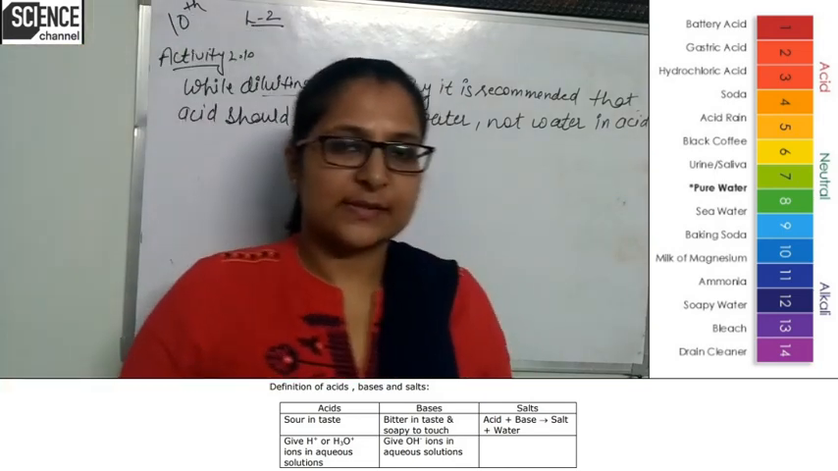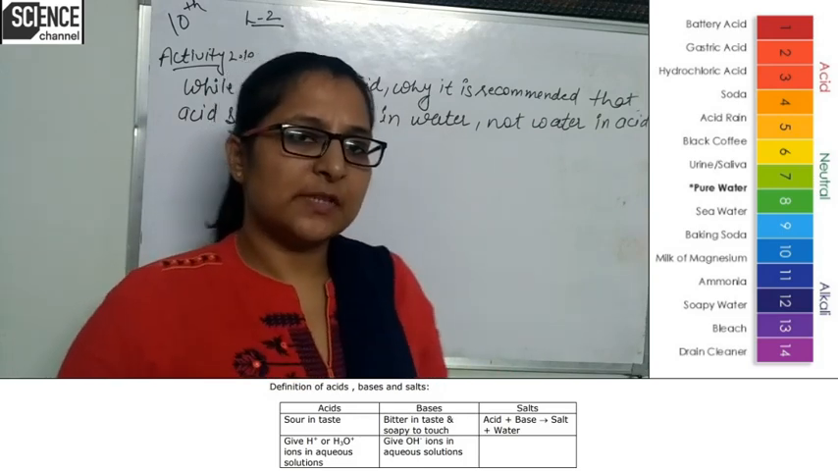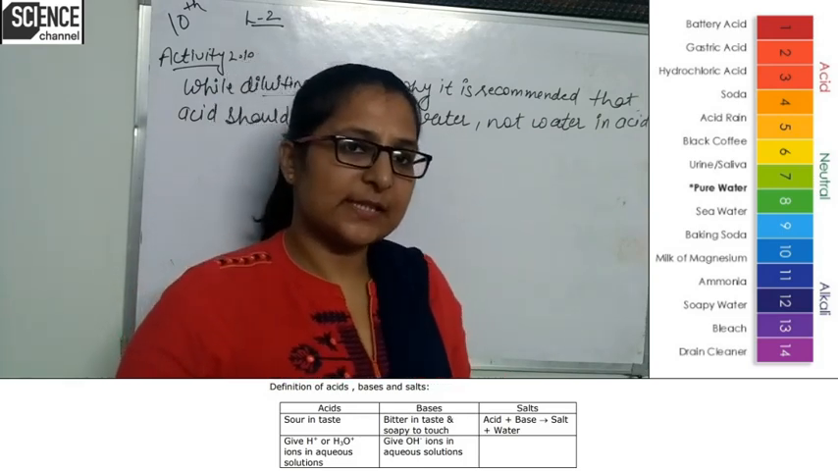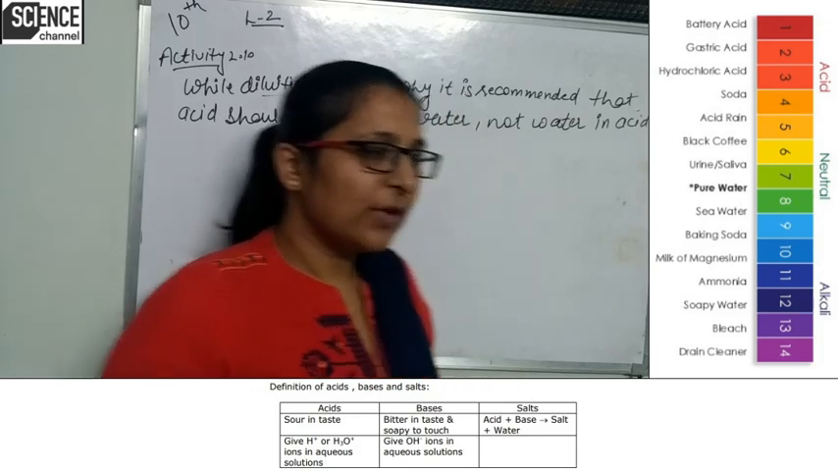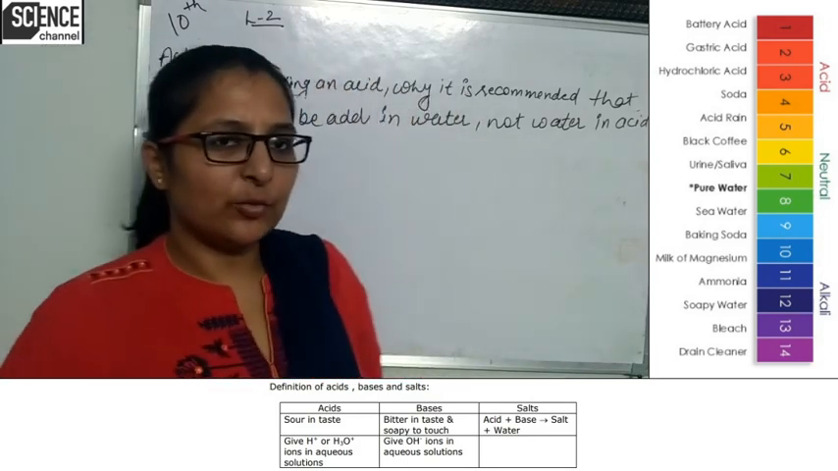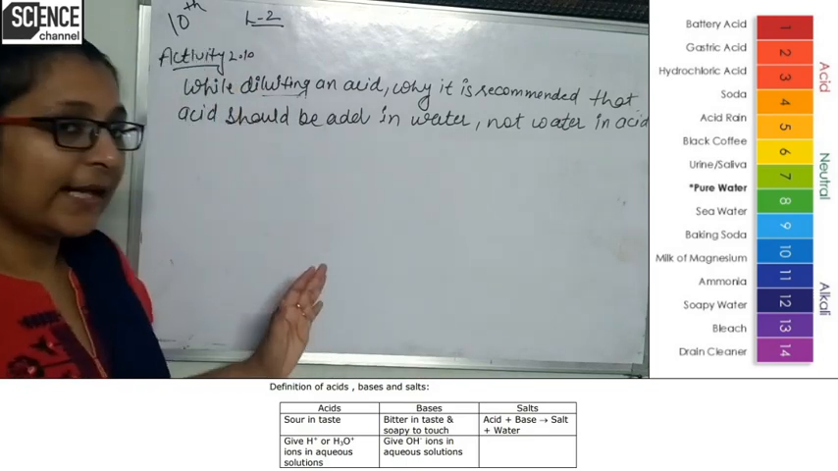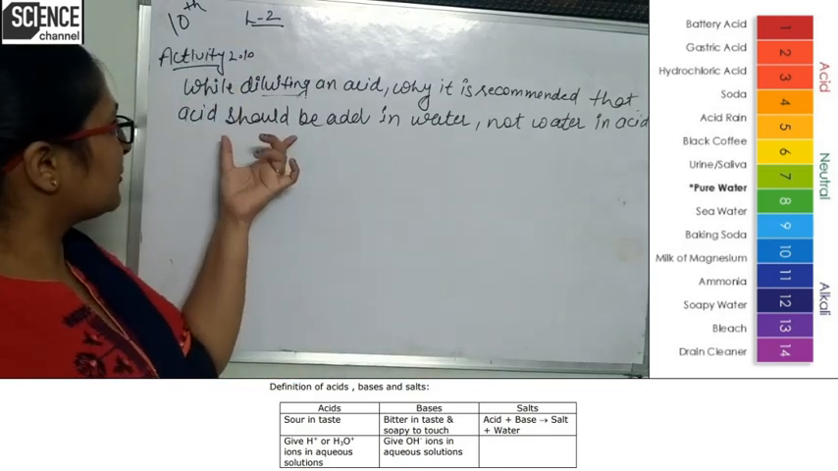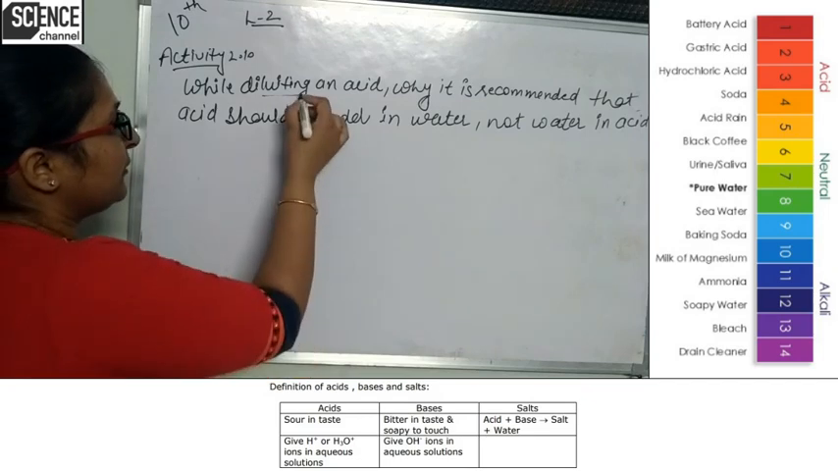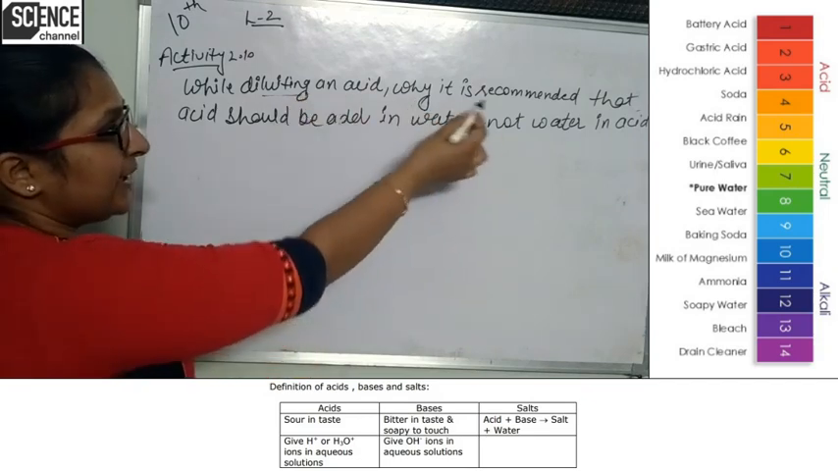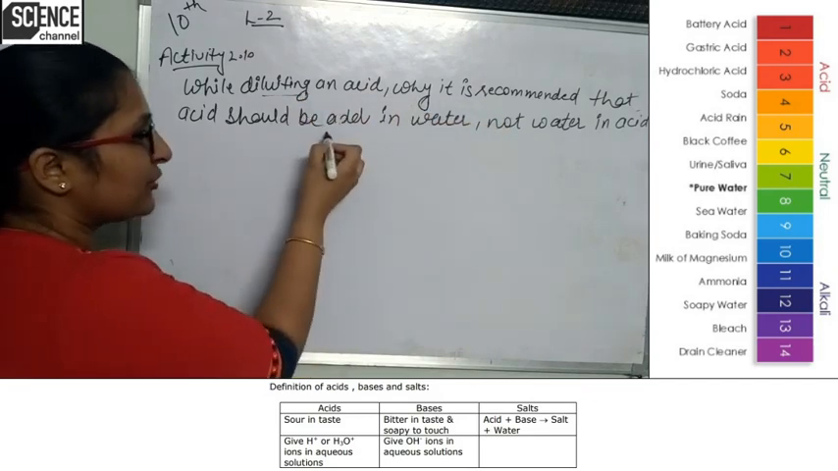Good morning, students. Today we are continuing with the second chapter, acids, bases and salts. Today we will discuss activity 2.10. From activity 2.10, the most important question is: while diluting an acid, why is it recommended that the acid should be added